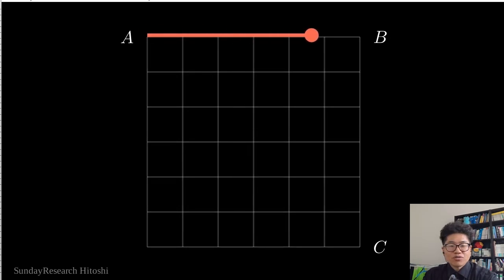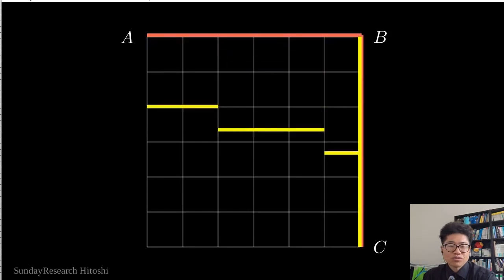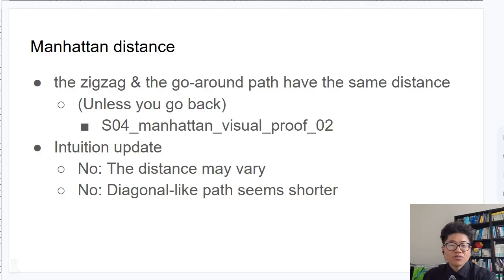How is your intuition? Did you feel each path has a different distance, or did you feel the zigzag path is shorter? If so, you might feel confusion now, but that is a good sign. Please watch the animation again and think about it. Now you can expand your inner world. You can update your intuition. I am interested in thinking about distance in such a city.